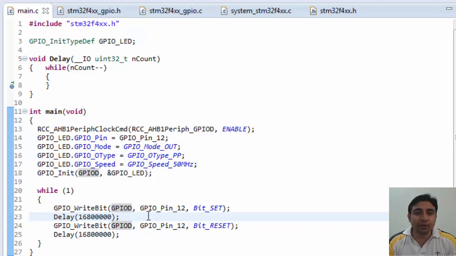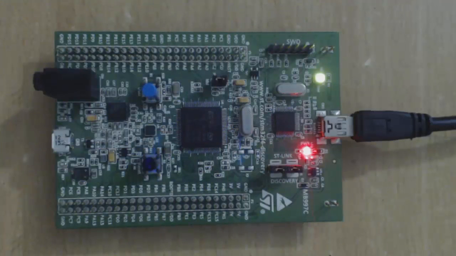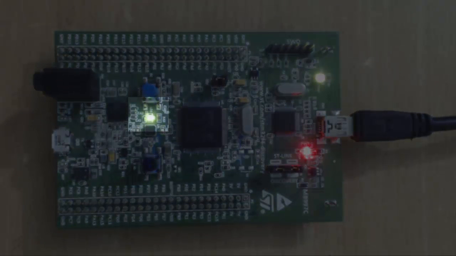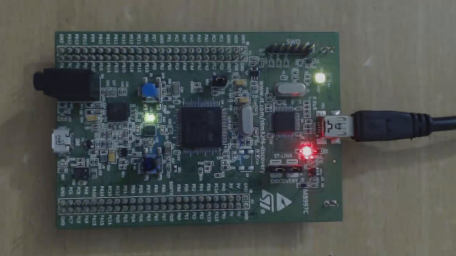Now let's again build this program and run it, and let's check if we are getting 1 second delay or not. Now our new program is running on this board. You can see that it looks like 1 second gap. Well, if you compare it closely with some other clock, then you will find that it's a bit more than 1 second.